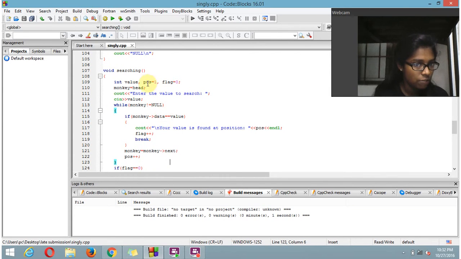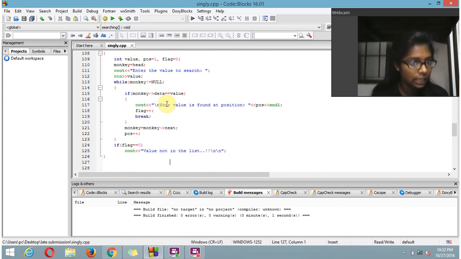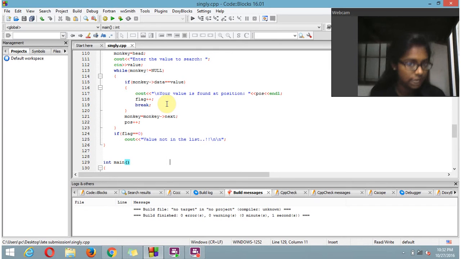And you'll have the void searching, that is you'll have pos is equal to 1 and flag is equal to 0, temp is equal to head, then the cout is enter the value to search, and the input will be stored in value. You will have a while loop there, that is temp is not equal to null, and where the if condition is temp's data is equal to the value, then your value is found at a particular position,